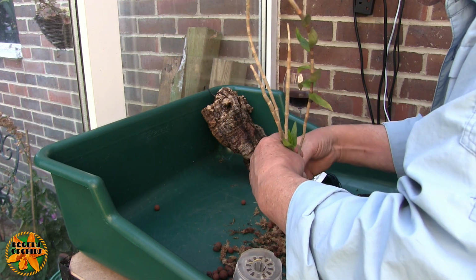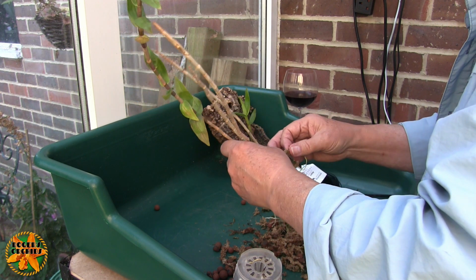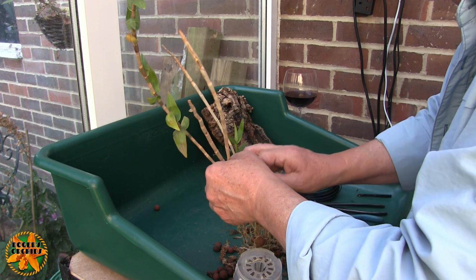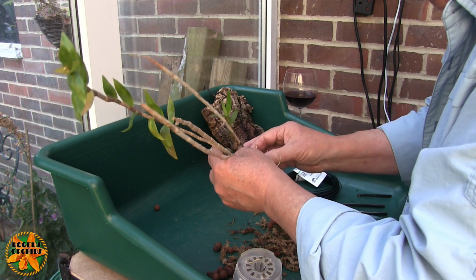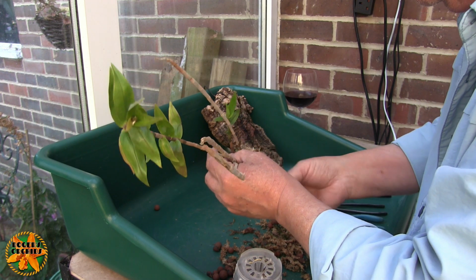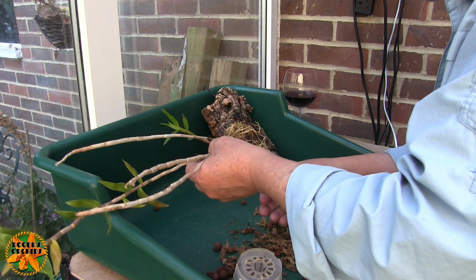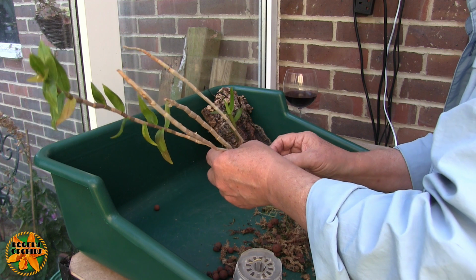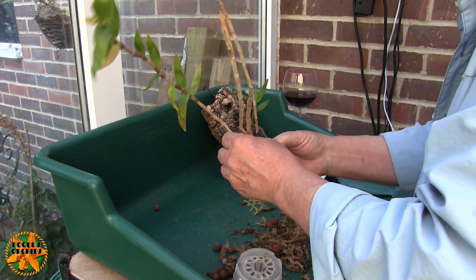Now if a few of these leca balls hang on and won't let go, it's not the end of the world. But I think they will all come off, as will this moss. Just a matter of picking at it, really. The roots have grown through it, so it's loose enough that the roots haven't made a big deal out of it. See, although they've sort of attached to that leca, they let go incredibly easy, so it's not something that they attach to readily,